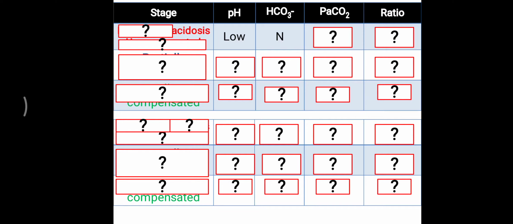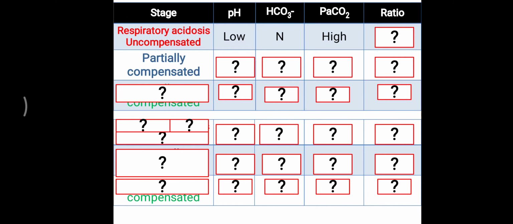So simple: for respiratory it is the reverse direction, meaning the opposite direction. For metabolic it is in the same direction. So pH is low, but PaCO2 is going towards the higher side, meaning it is going in a reverse direction, so it is a respiratory condition. Initially the bicarbonate ion is not affected. That is the initial condition, a totally fresh acid base disorder, meaning uncompensated respiratory acidosis. But what happens in partially compensated and fully compensated, that we will look at.